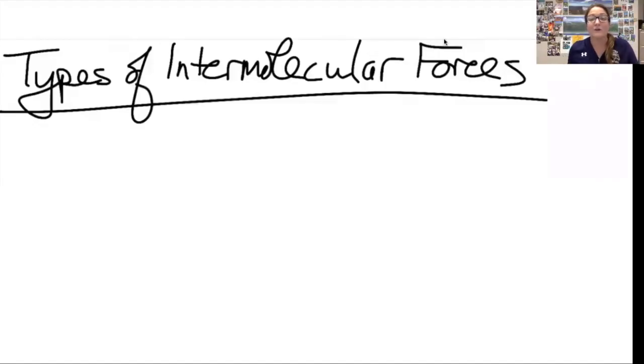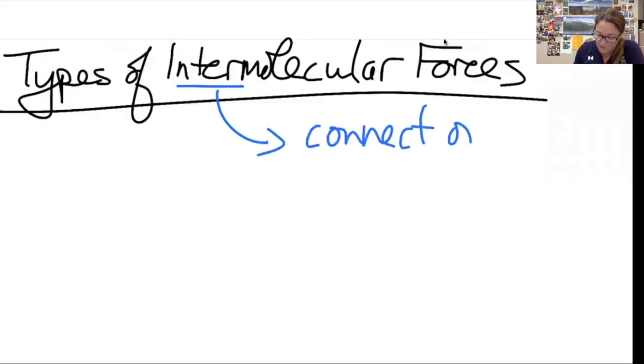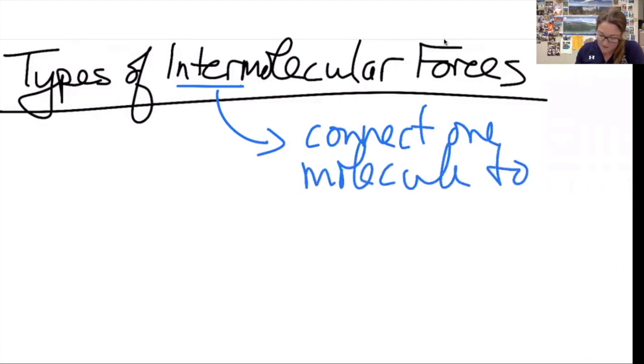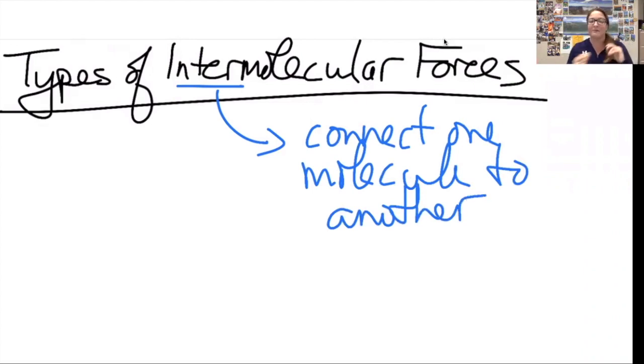Now we're going to talk about intermolecular forces. Intermolecular forces are forces that are between molecules. So, what these do is they connect one molecule to another molecule. Technically, we're only supposed to use these terms for molecular covalence, but we expanded a little bit to talk about